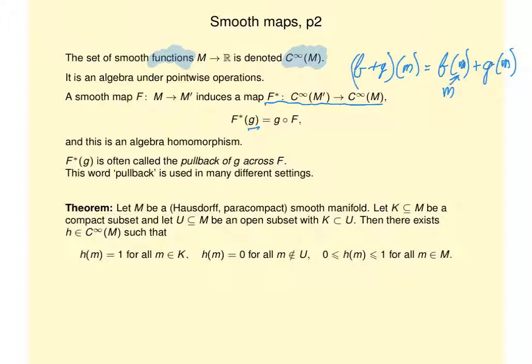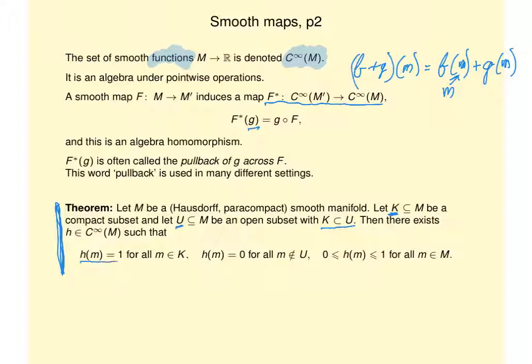So here's a theorem that assures that there are a lot of smooth functions. It goes like this. M is a smooth manifold, and I've written in Hausdorff and paracompact because those are essential conditions to getting this result. And the result is that if you start off with a compact subset K of M, and you take an open subset U which contains K, then there exists a smooth function on the whole of M